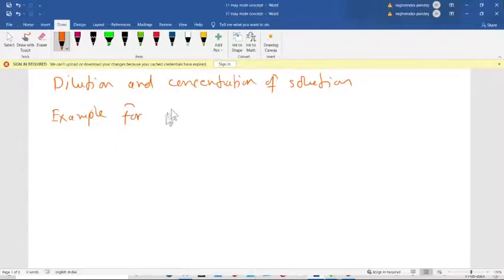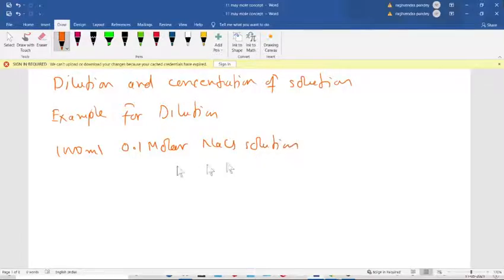Example for dilution. I have 1000 ml 0.1 molar NaCl solution. Suppose this is the solution. So let's take it 100 only, 1000 will be a larger quantity. Let's take 100 ml 0.1 molar NaCl solution. Okay, this one. Now